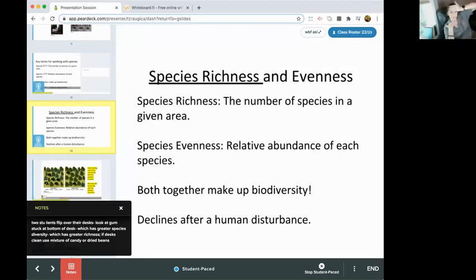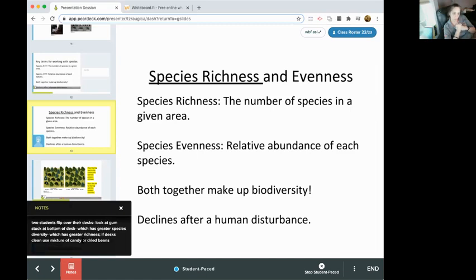Two students flip over there. Oh, so yeah, I'm hoping it shows this to you too. I always give you guys notes in your slides that come from the textbook. Like I've typed those in so you have access to all of that as well and can practice some of the math. And the one I just clicked on said, two students flip over their desks, look at gum stuck